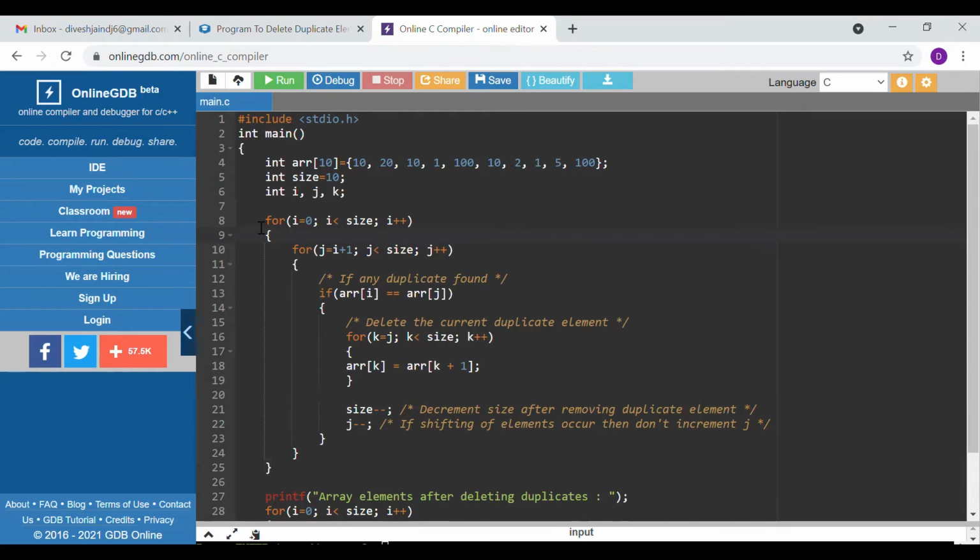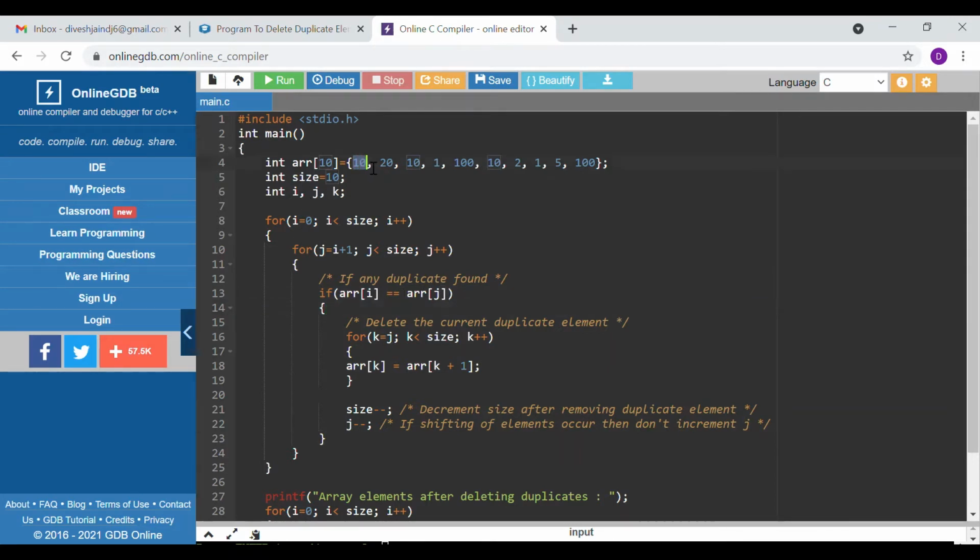Suppose we have started from index 0, we have picked the first element from the array. Then we are checking with the rest of the array, right? If the starting element is i, then from i plus 1 we are checking all the elements. If we find that arr of i equals arr of j, it means both elements are equal.